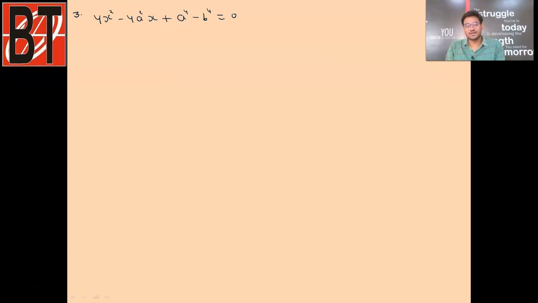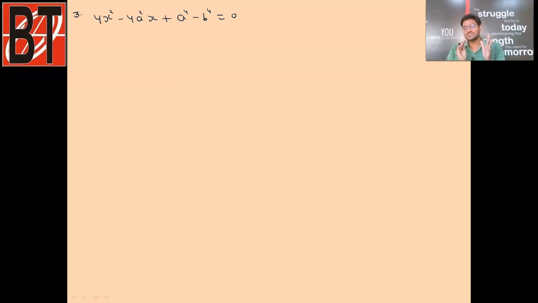How? Because if you try to solve it by factorization, okay, as we have to solve this by factorization, okay, we have to take common, okay. Now in the first two terms, if you take common, you will have 4x common, okay. But you will not be getting the same factor when you take common in the next two terms. So students, here you have to think out of the box. Okay, what else we can do?